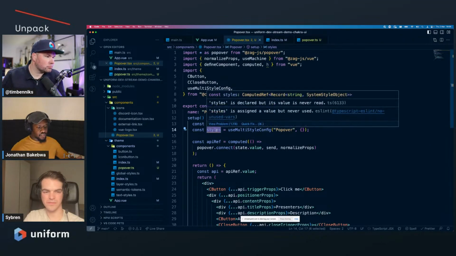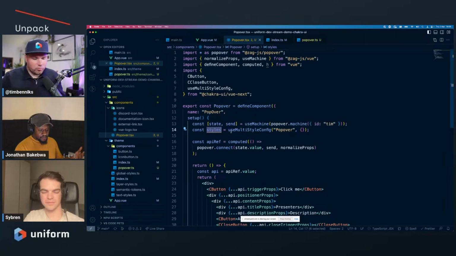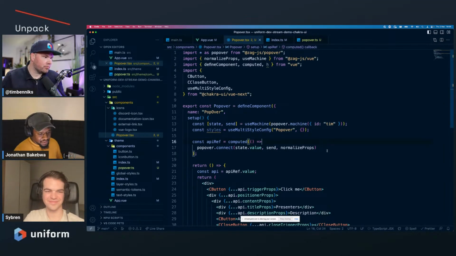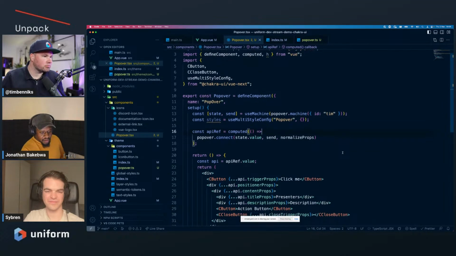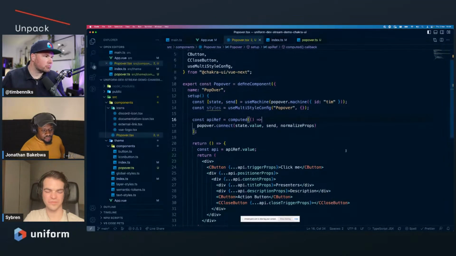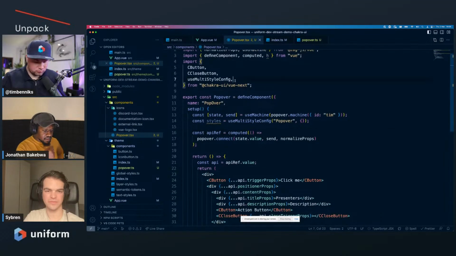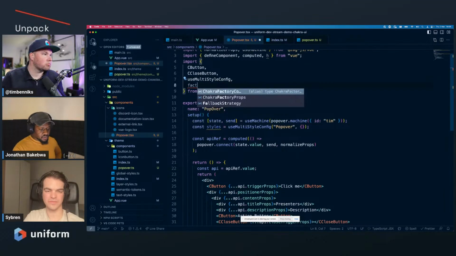So we have styles for the four different parts that we defined inside our theme. This becomes computed directly, so you don't have to do any complicated stuff with refs or computed fields. One more thing we want to import from Chakra UI is our factory. What this factory does is it allows us to use the chakra